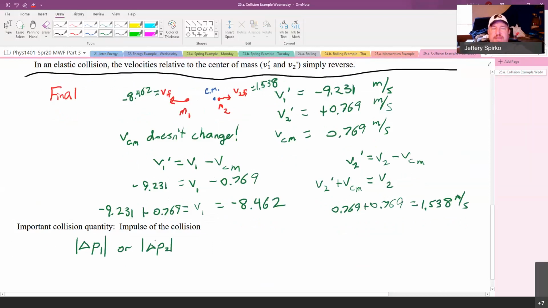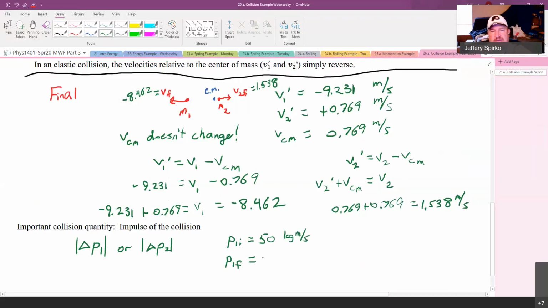The change in momentum of an object is an impulse. It could be the combination of many impulses, or if there's only one force causing it, then it's just a single impulse. So we can calculate P1 initial, which was 50 kilogram meters per second, and P1 final is the